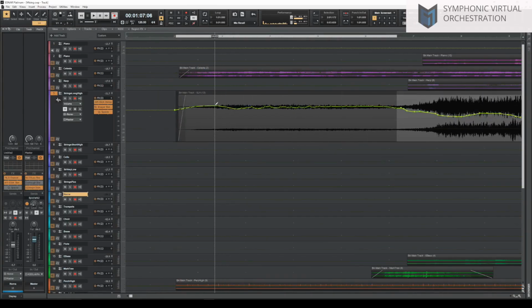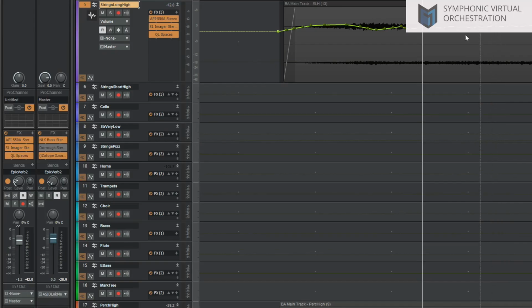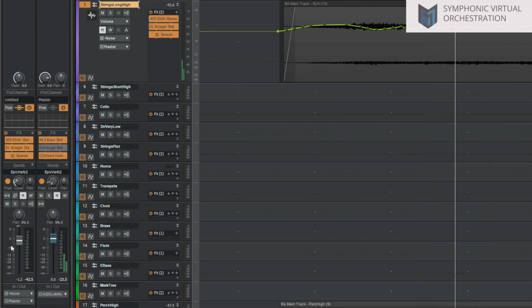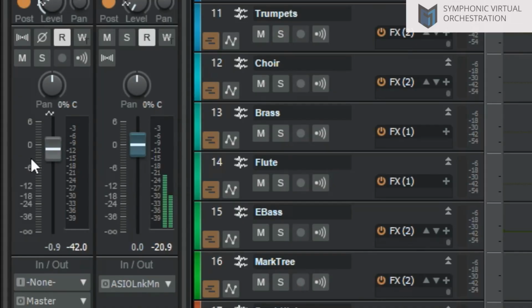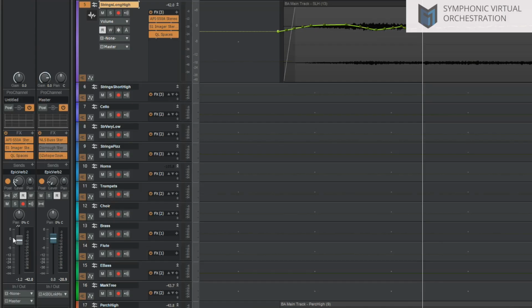So what we see here is that volume is going up and down. Let's look at the fader here and see how it's moving. And you can see how it's moving 1 dB up and down. And it doesn't make that big of a difference. We can't sometimes even notice, but it is there. And when we apply that to every long notes type of track, it makes the music flow so much more